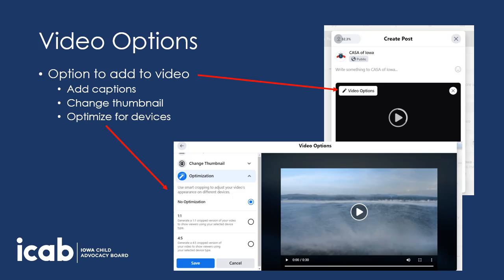Now, just a couple of other things to know about video on Facebook. You do have some options on a business page to do some things with video. While it's processing, you'll see something that says video options with a little pin. If you click on that, you'll get to that lower image where you have options to do various things